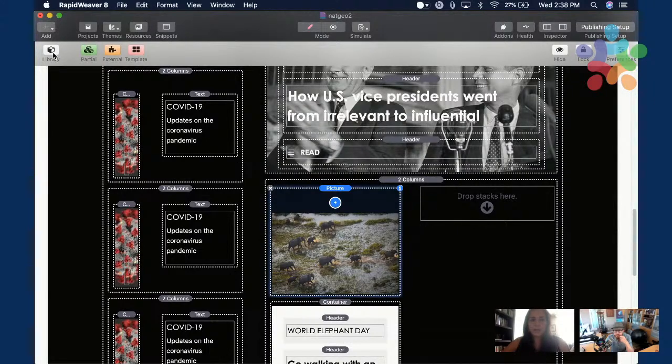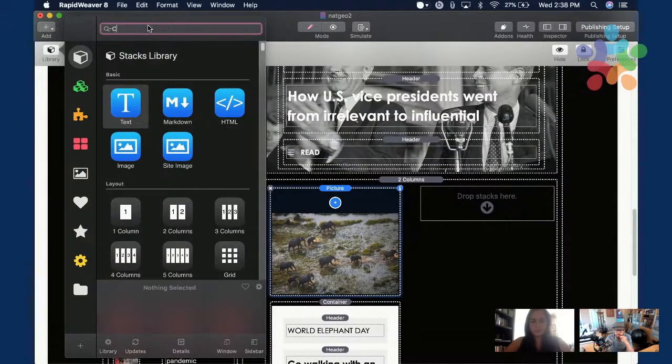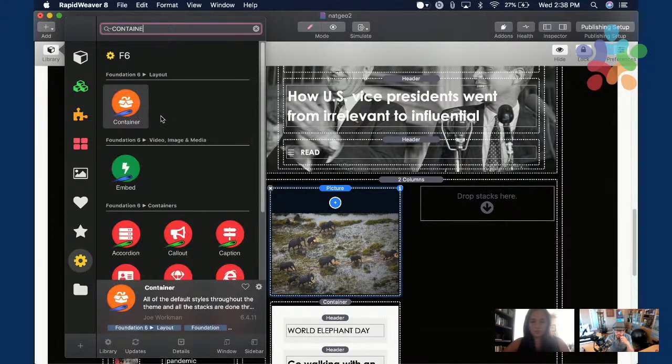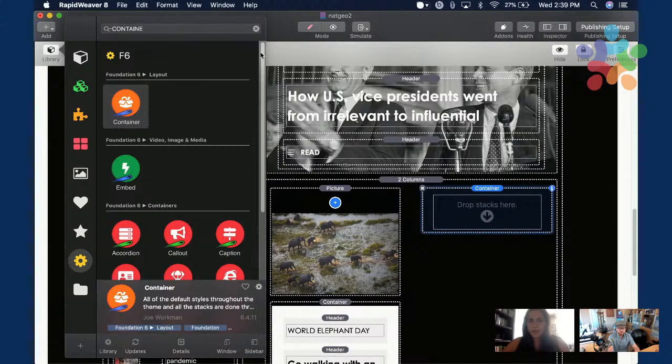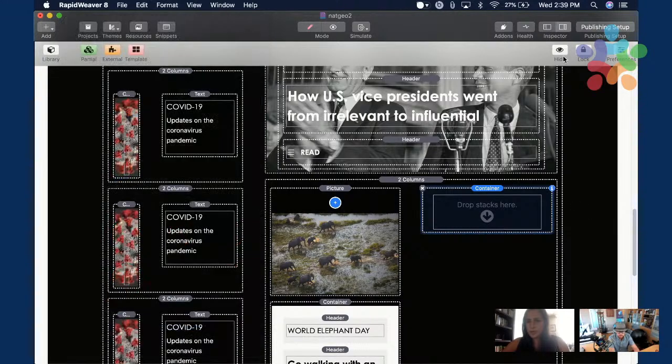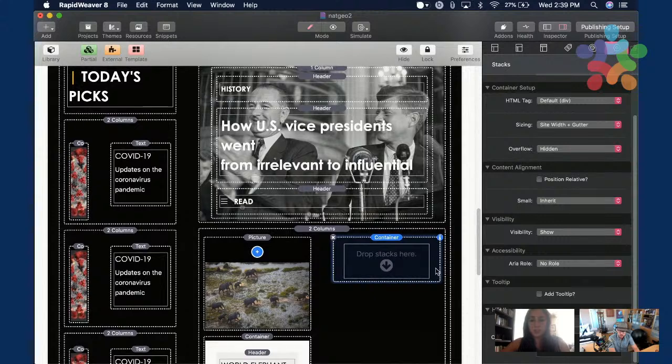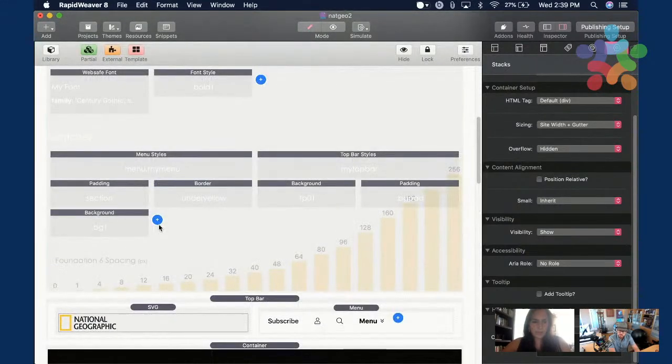So I'm going to add a container with the class of background or BG2, even though it doesn't exist yet.